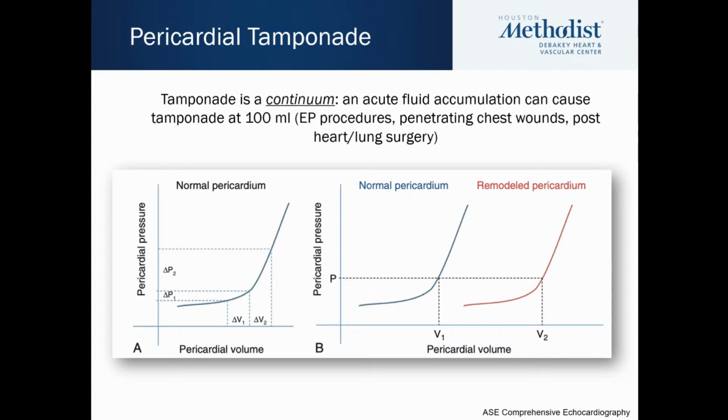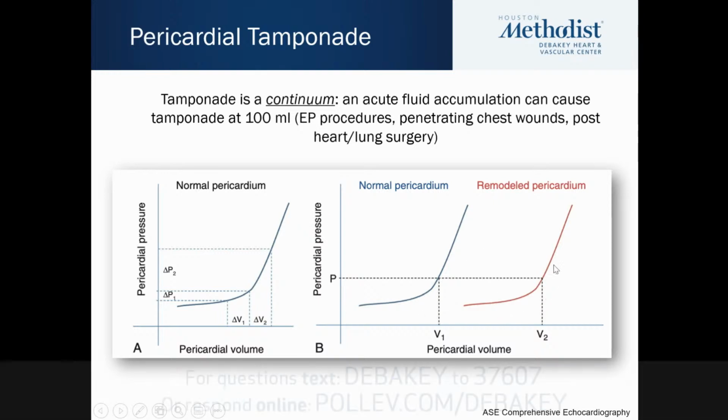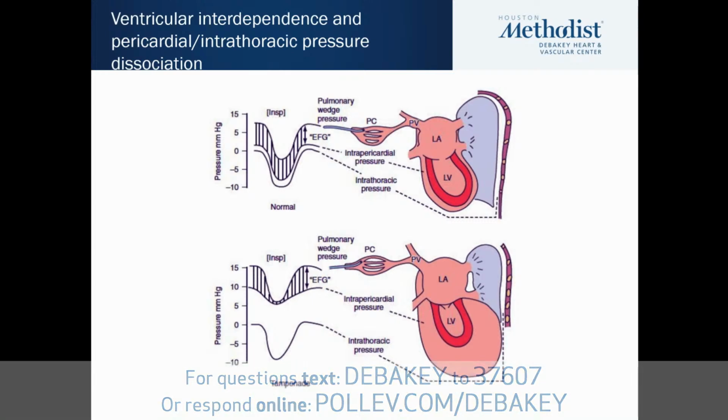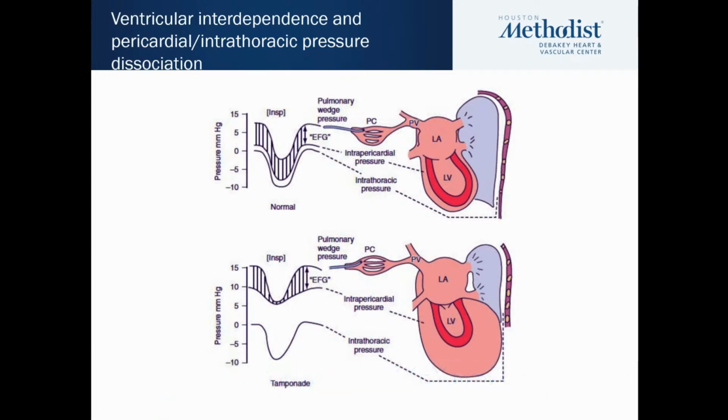So there's going to be remodeling of the pericardium in someone who develops a pericardial effusion over a longer period of time, where the relationship between volume and pressure, or compliance of the pericardium, is actually shifted to the right, and changes in pericardial volume may not lead to the same change in pericardial pressure compared to someone who develops pericardial effusion rapidly. Let's review some of the core concepts in pericardial disease in general, and that is ventricular interdependence, and